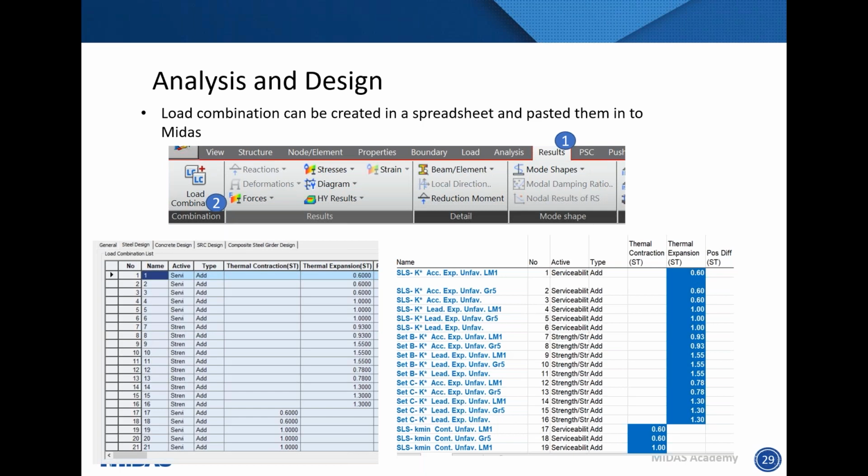Within the different aspects of these, you also have the option to specify whether the combination is adding to itself or if it's an envelope, and you can then use these functions later on for the different things that you might need to do. And if you're taking the option to use the concrete design modules, then obviously you'd create your load cases within the concrete design aspect of your model.